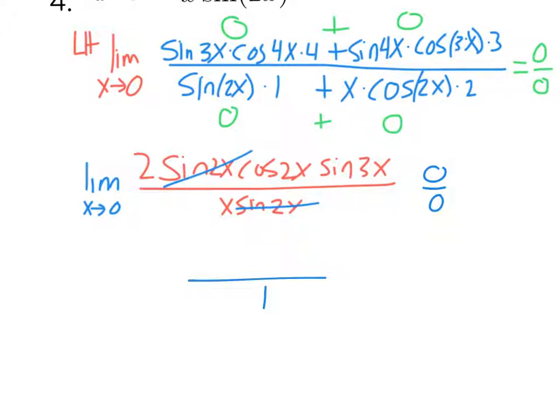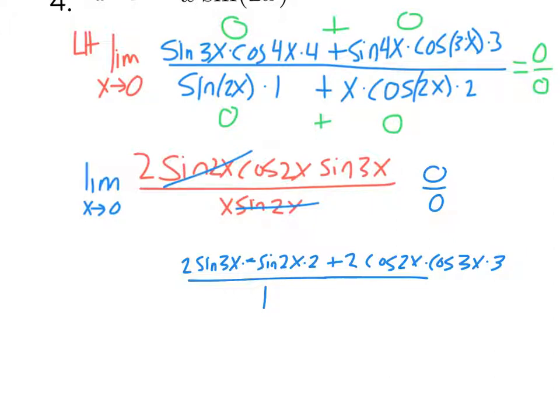So the top would end up being 2 times sine of 3x times negative sine of 2x times 2, and then plus